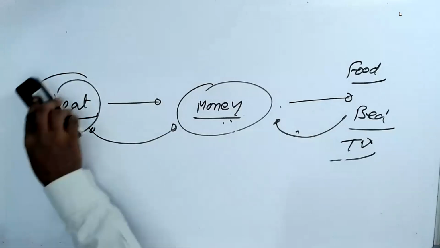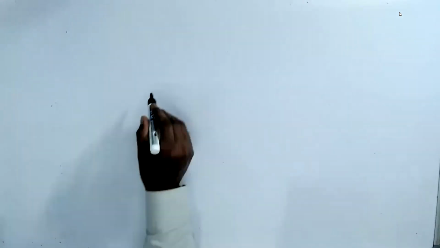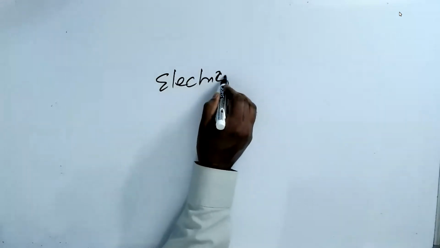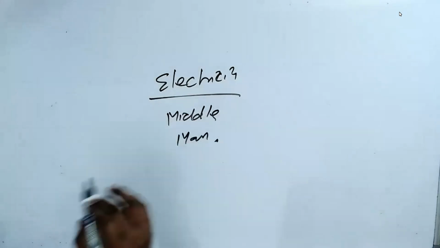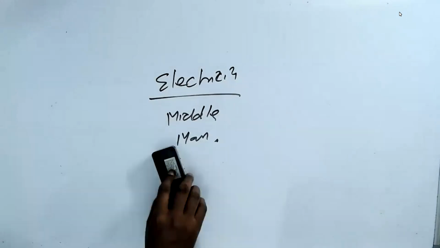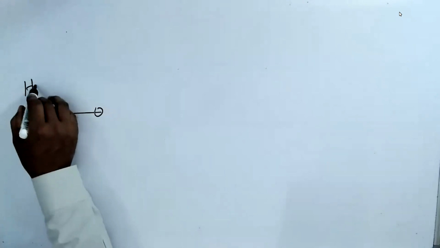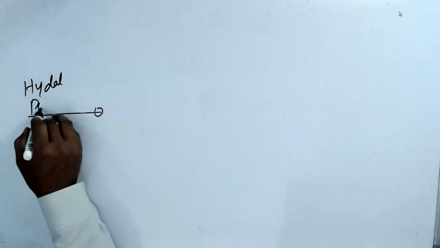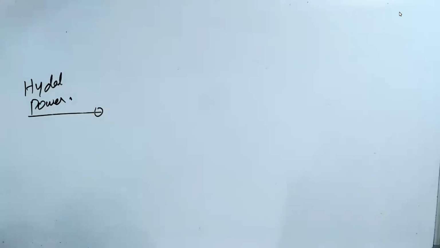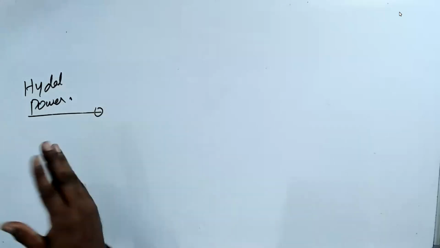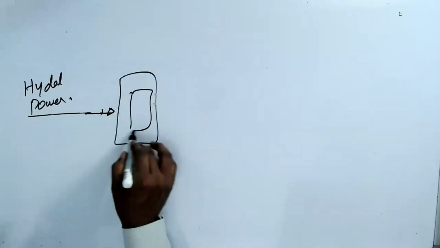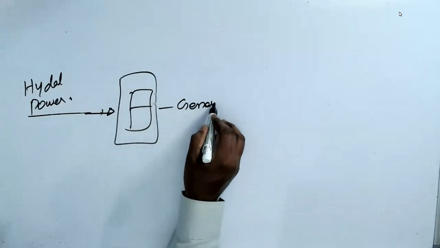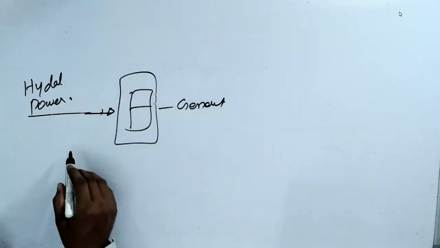The same thing here, actually: electricity is a middleman. It's a middleman. Please understand. Electricity is a middleman. Okay. What happens is, I produce the energy using hydel power, in Mettur, in Krishna Sagar, wherever it is. Then I produce the potential difference. Actually, I'm not generating, I'm actually converting one energy to another energy.